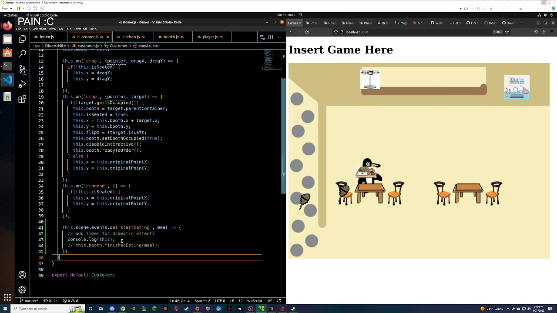Shoot. So how do I want to fix this? I need to finish taking my lobsters while I think about this, because I can emit the event from the booth. I prefer it if it was in customer. I think then we can just have a check for if it's the booth and if the table numbers are the same.